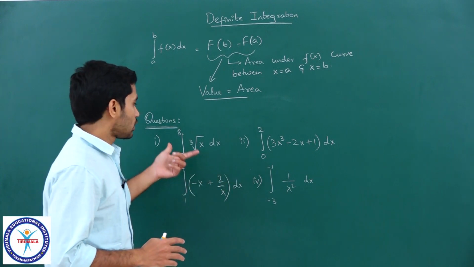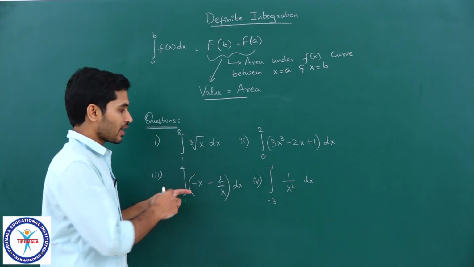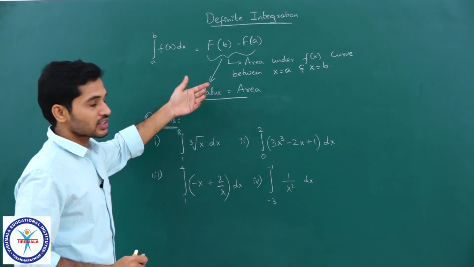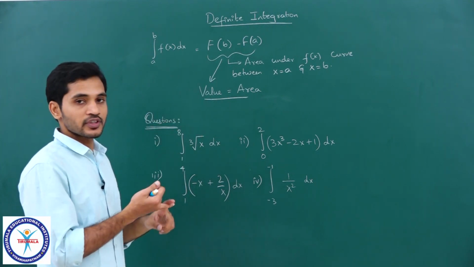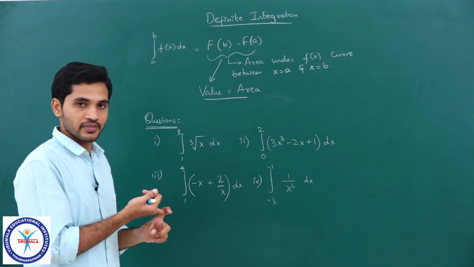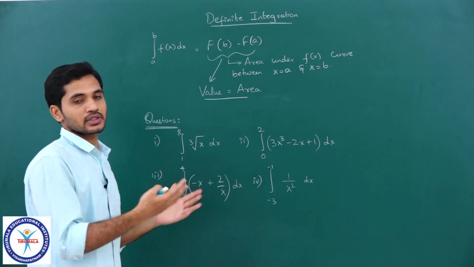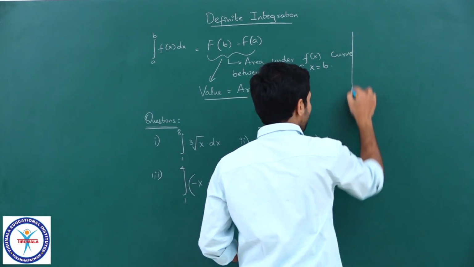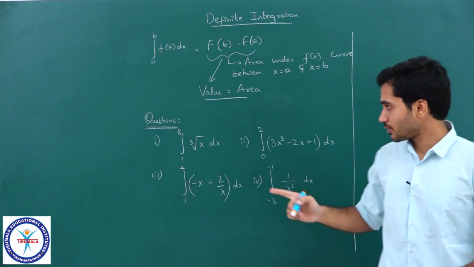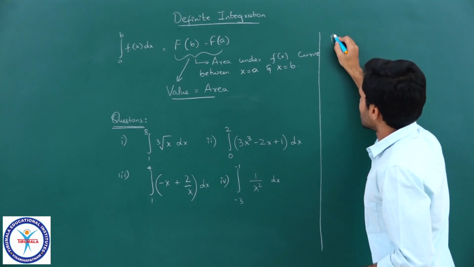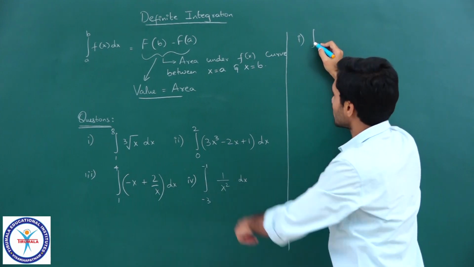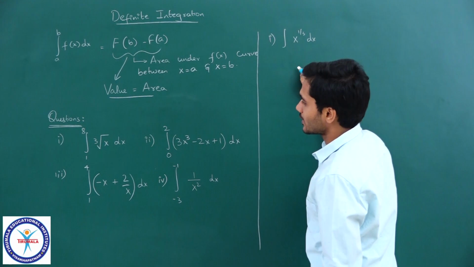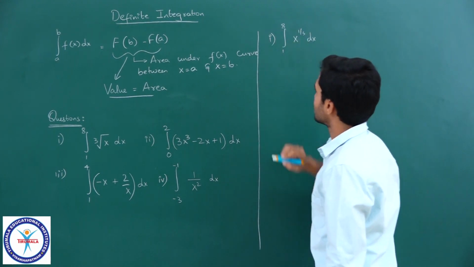Let us now quickly calculate the definite integral values, evaluate these definite integrals, right. So, we will be using the same concept. We know the first step is to find the antiderivative, then the lower limit, upper limit, and the difference between the upper limit value and the lower limit value. So, let us quickly do that. So, the first one is integral of, let me write it in powers, x power 1 by 3 dx. What are the limits? 1 and 8, correct?